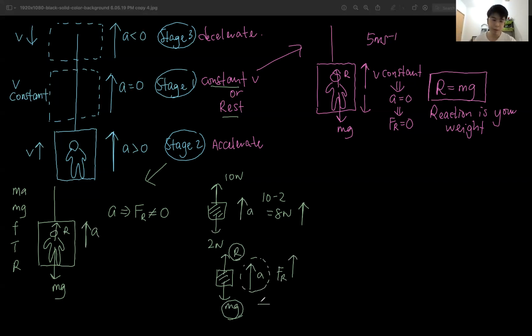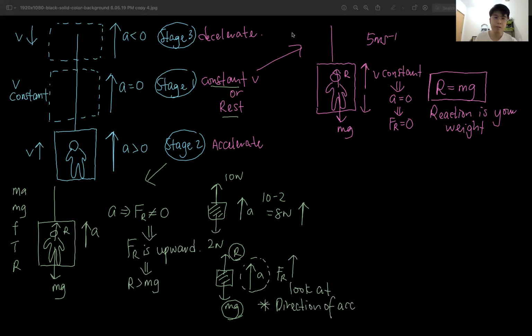Okay, let me write this down. Direction of acceleration. Look at direction of acceleration. Now continue from here. 所以 resultant force 我知道它是 upward。意思就是讲 R 是大过 mg。如果我现在用 Newton second law，F 等于 ma，